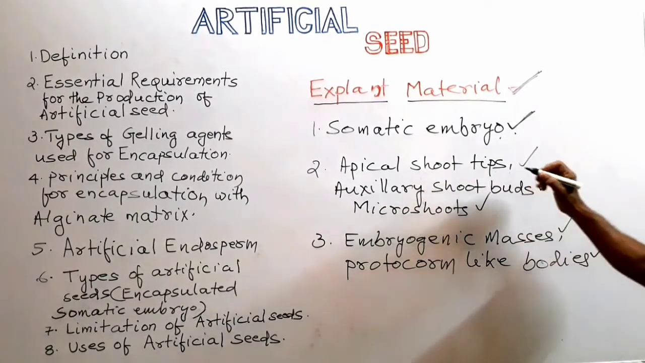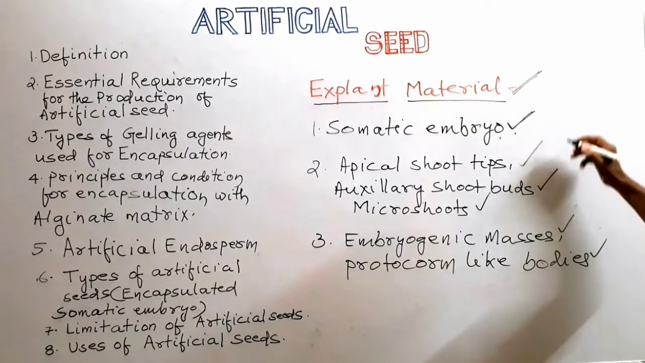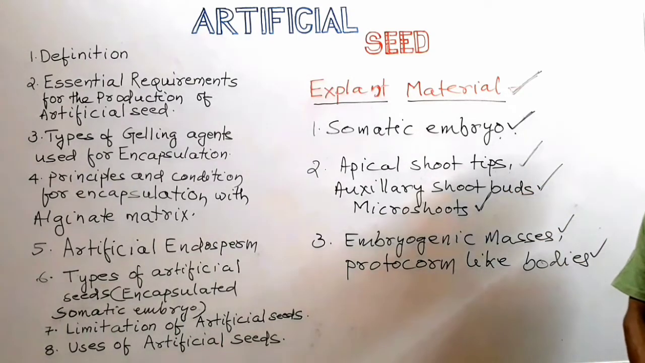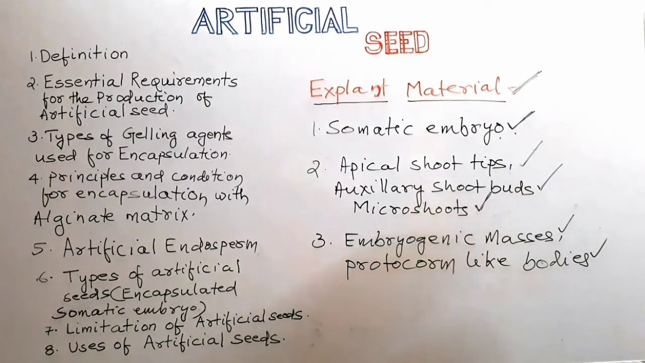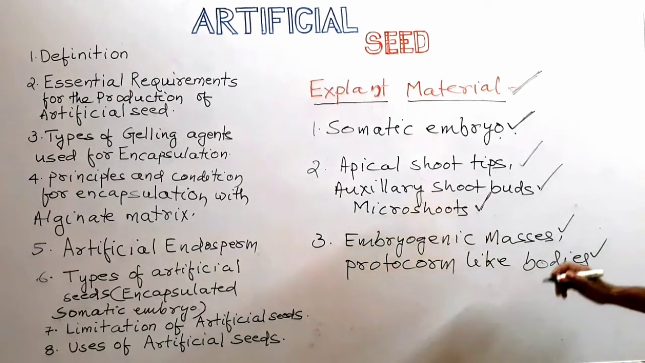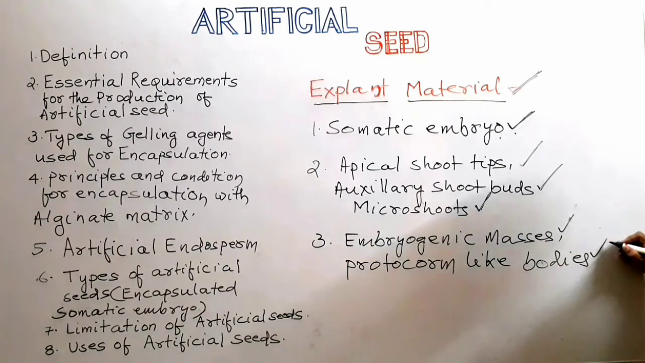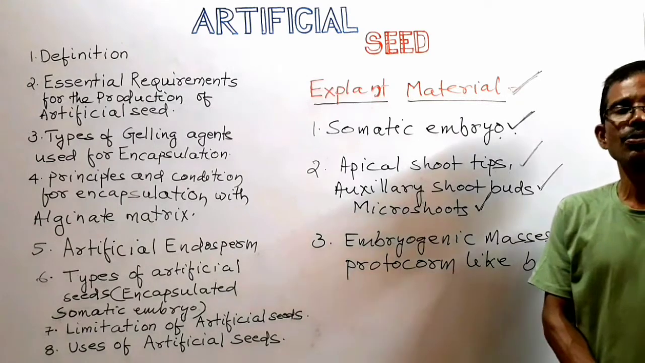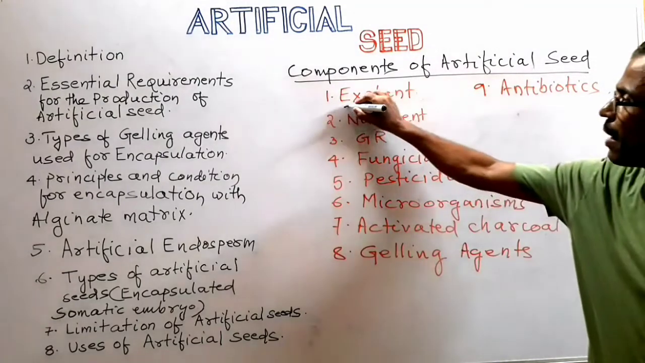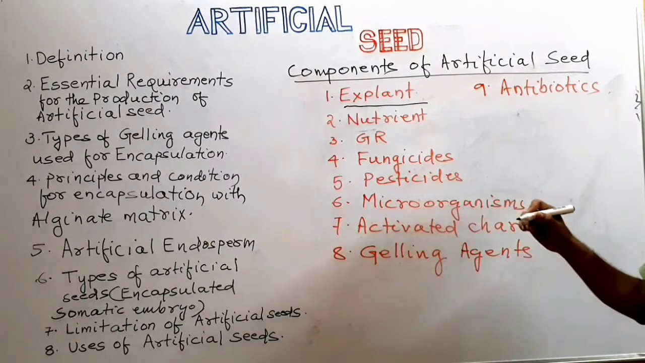Second type of explant material is apical shoot tips. Apical shoot tips, auxiliary shoot buds, microshoots have also been encapsulated in a suitable matrix to produce artificial seeds in some plant species. Other explant material like embryogenic masses and protocorm-like bodies have also been investigated to test their ability to form artificial seeds. In addition to explant, the other components that are included in the production of artificial seeds